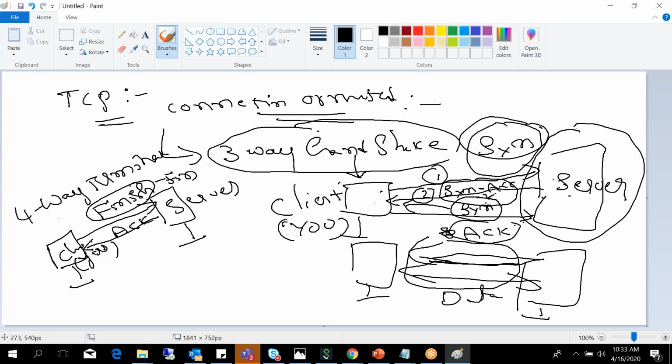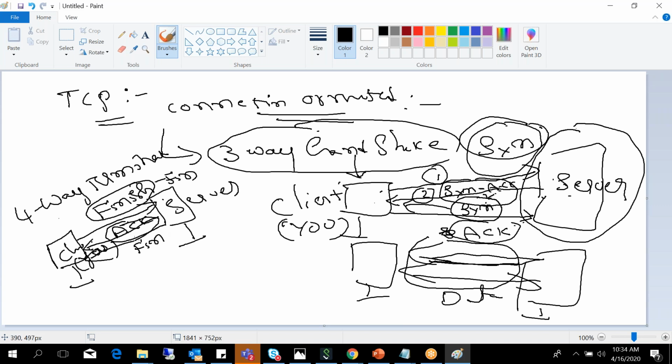So now the server also sends a finished packet. So first the client sends the finished packet, then the server responds to the client saying yes, I'm okay to finish. That is the acknowledgement. I have received your FIN packet and acknowledged to the client.